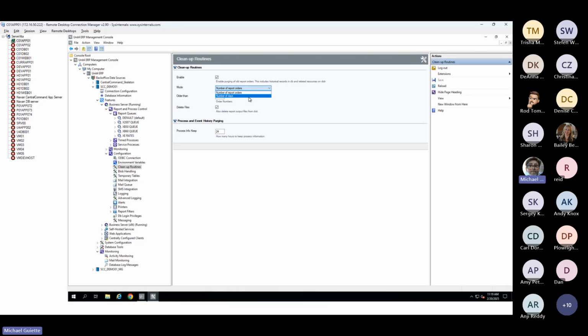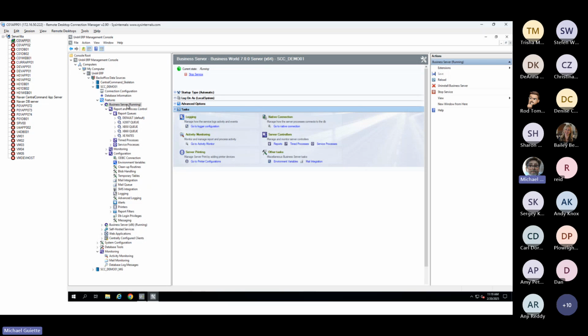Okay, so this is where, and again, it's not specific to the type of report that we're running, but it is specific to the business server that it's being run on. So if you have your financial processing, your data load, or anything where you have a lot of scheduled reports that are running on a timed schedule, they're running in the 64-bit queue, I might want to keep them for